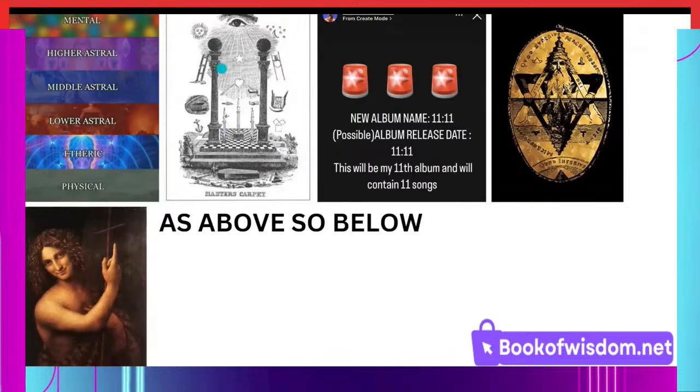This is the Masonic 11. The two pillars. This is the 11 also symbolizing the two hemispheres of the brain here. But the 11 symbolizes the two mirrors. 11. 9/11. 9 plus 1 plus 1 equals 11. The Twin Towers were an 11. Flight 11 was hijacked. Because it's a mass ritual within the astral plane.